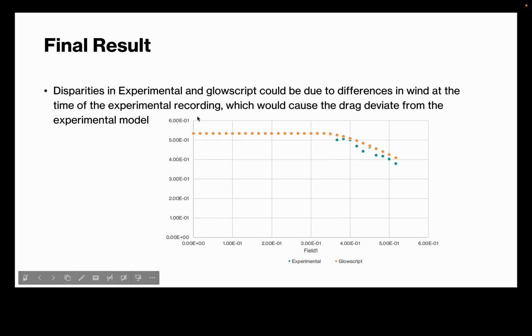So the final result is that the disparities in experimental and GlowScript could be due to differences in maybe the wind at the time of experimental recording, which could have slowed down its fall, right? And so the wind could have either slowed or increased its fall. And in this case, it increased its fall, as you can see, because it's moving faster than the GlowScript code,